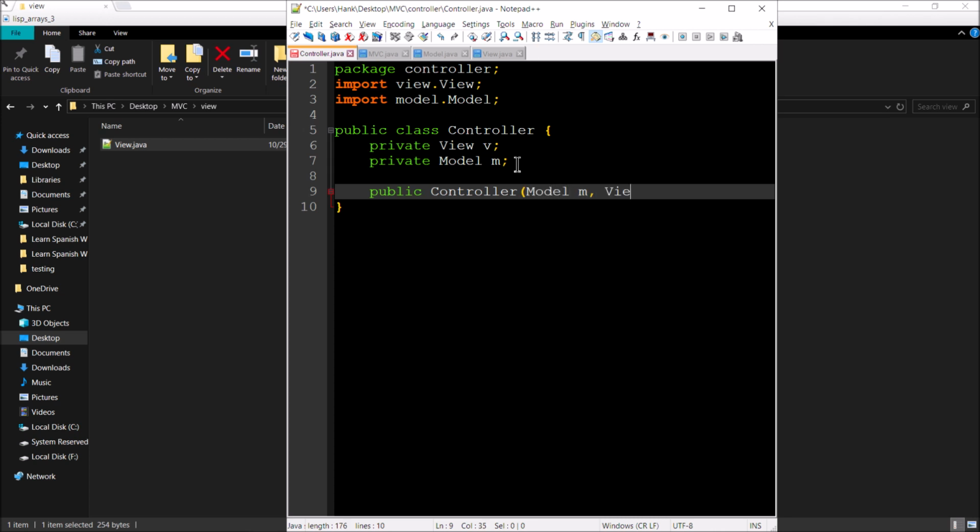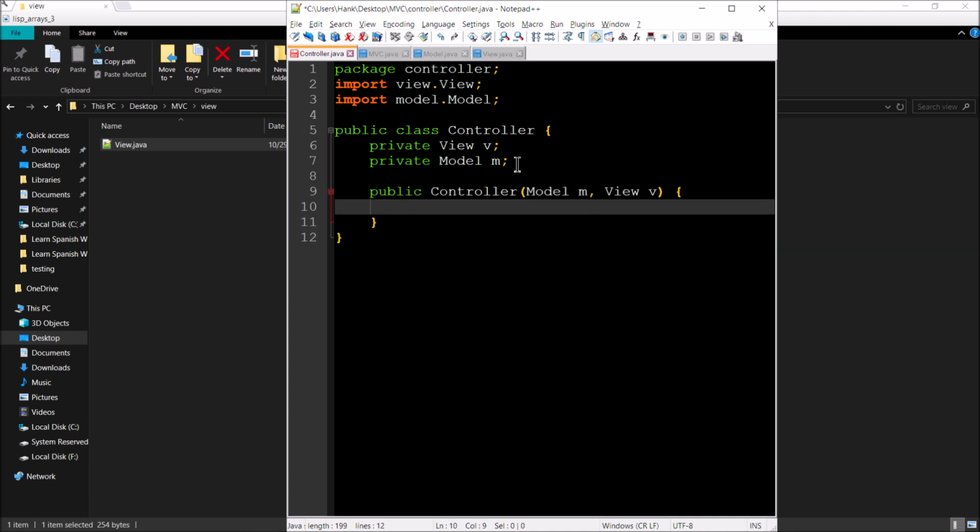So model M and view V. And so what we'll be able to do is instantiate any type of model, any type of view, and pass it to this controller to control both the model and the view. So this allows us to switch out different user interfaces and different methods of storing data